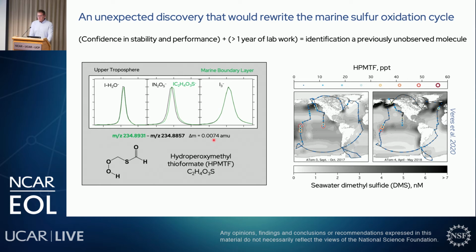After pushing on it for about a year in the lab after ATOM 3, and going down some roads that were unintended, we arrived at the identification of this molecule as C2H4O3S. It took a long time to figure this out because that molecule doesn't exist. No reference had a molecule of C2H4O3S. We had to basically figure out how it was made, where it came from, to understand what molecule it was. As we worked through that process and looked at the global maps here, which were crucial to understanding that,